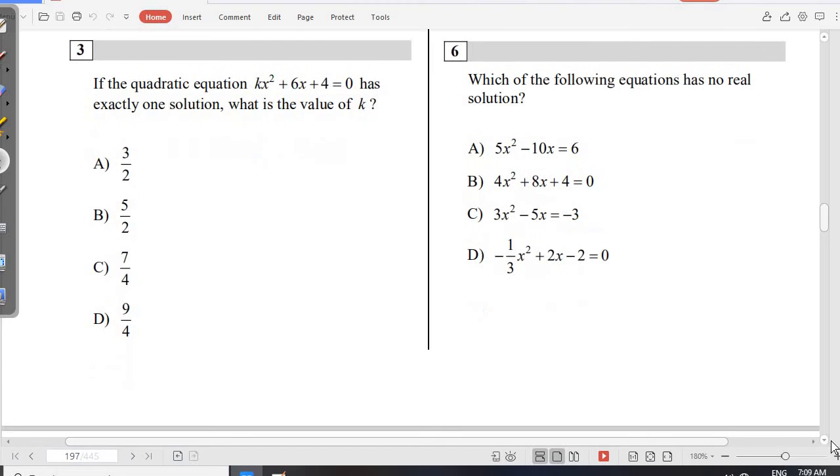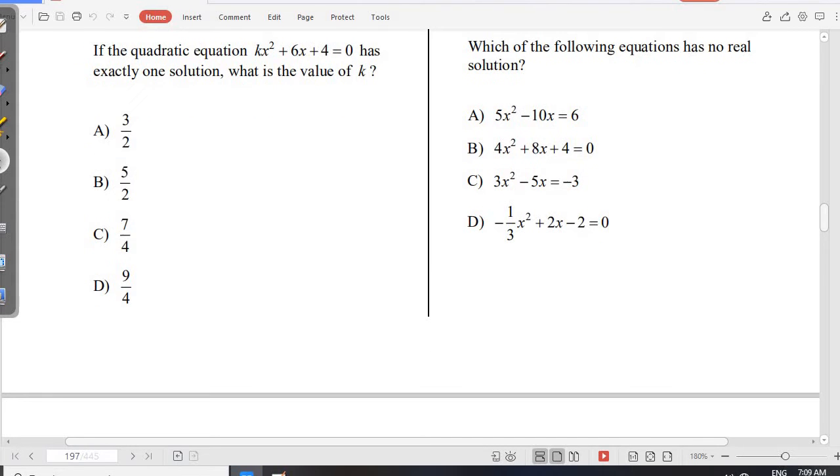But so let's pick any of the methods to solve this. Using the quadratic formula, we could get this. But when they tell you that it has exactly one solution, that means whatever you get inside the square root in your quadratic equation, where you have minus b plus or minus the square root of b squared minus 4ac. Now what we're saying is that if it has exactly one solution, whatever is inside this b